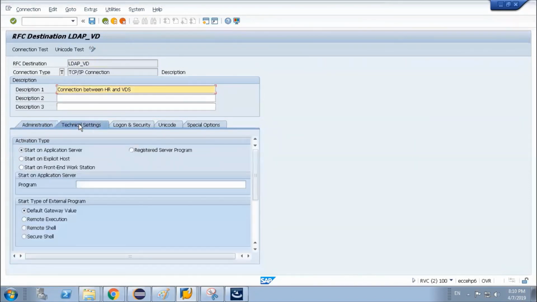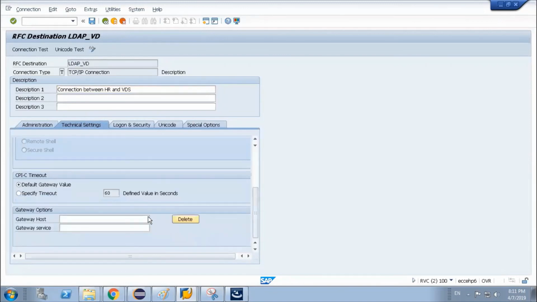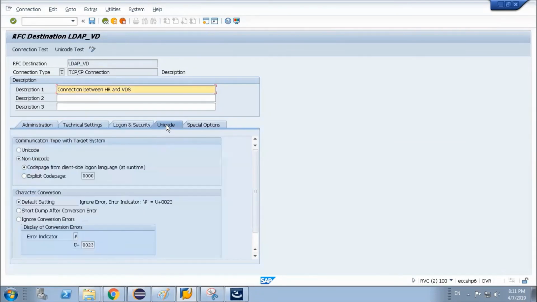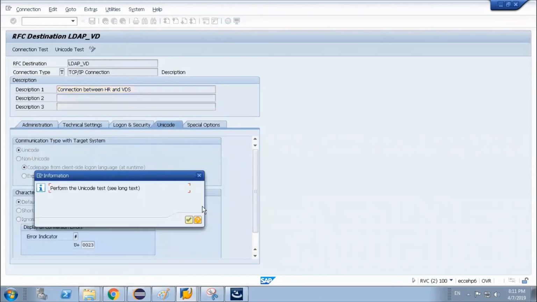Go to technical details, register. 192.168.1.35, SAP GW00. Login details are not needed. It will be Unicode data.